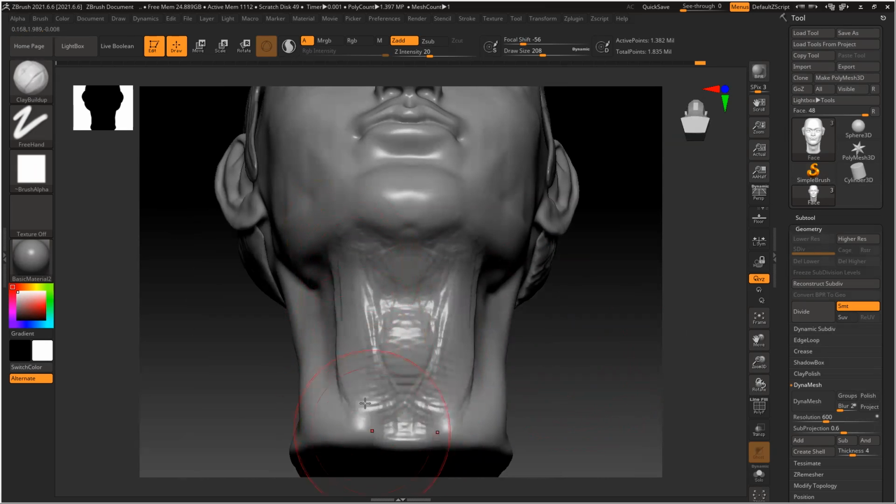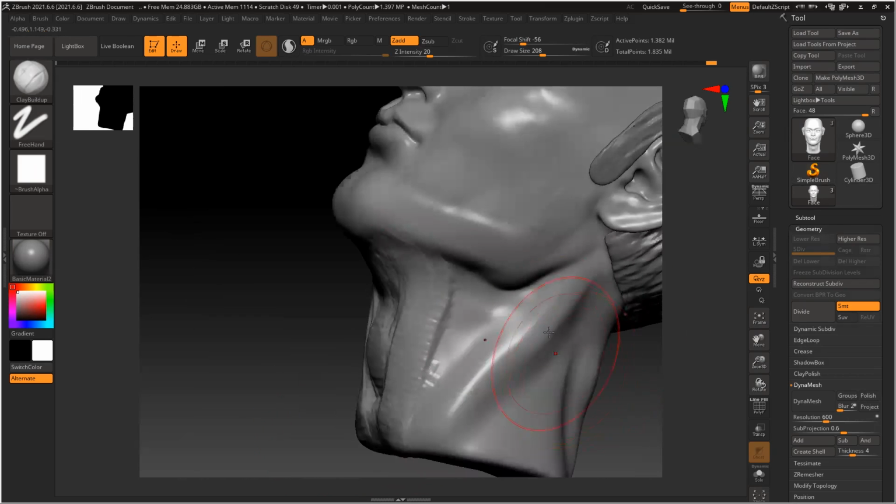This muscle is like this, not like this. Then this starts behind the ear and goes here.